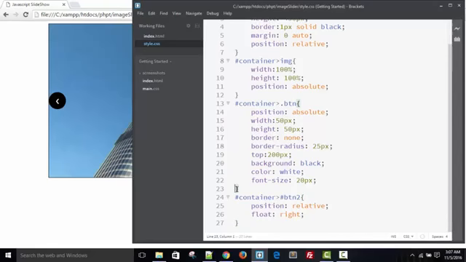Everything is okay, and just give some style for the hash container and class btn. I think for hash btn1, after hovering over